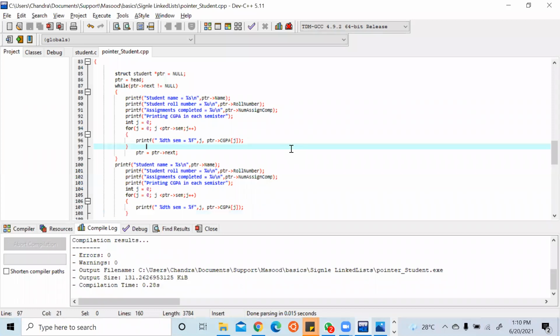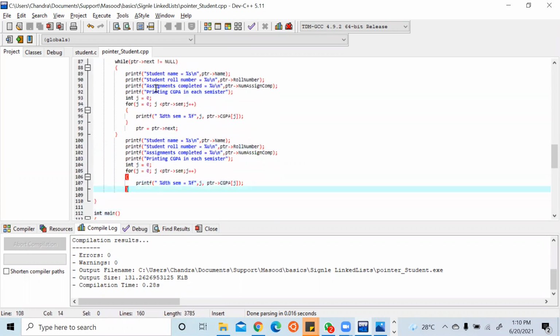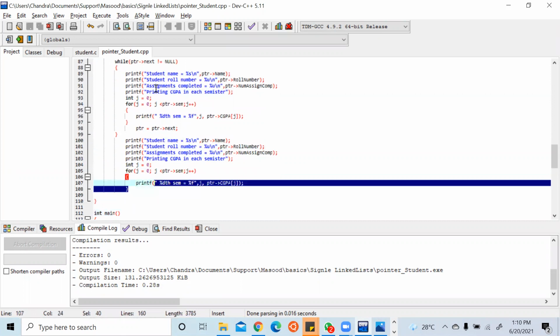Yeah. When we compile this code and execute it, the last element was not printing actually. Will you be able to find out the issue, Masood? What was the issue earlier? We just added this printfs, right? We copy pasted this printfs and it started printing.